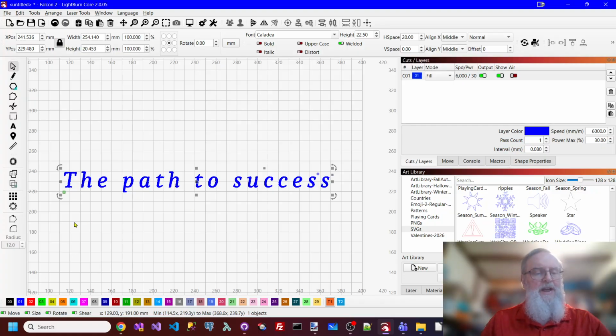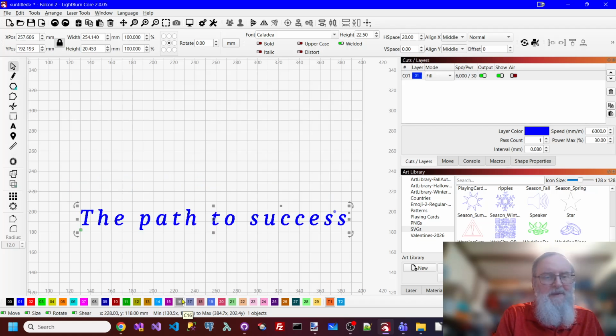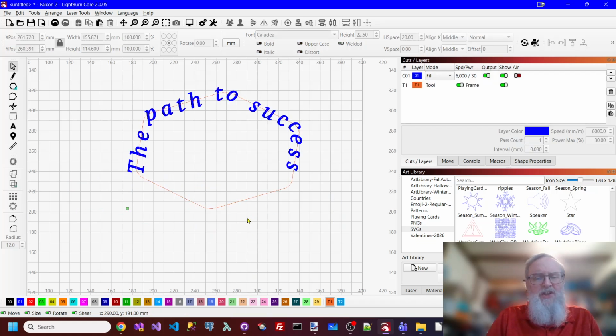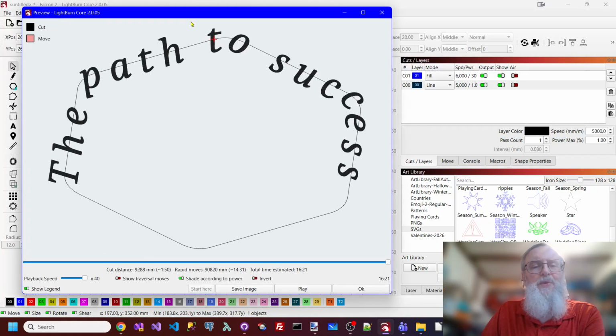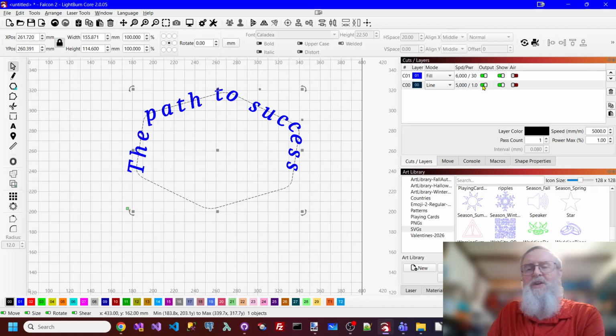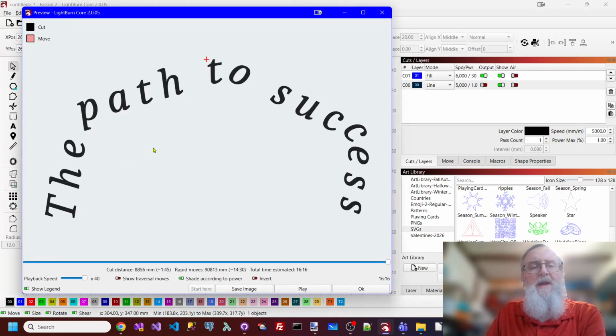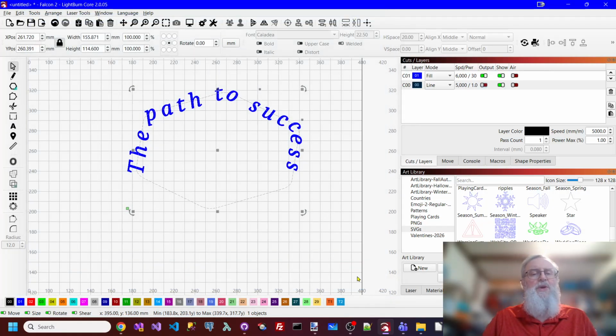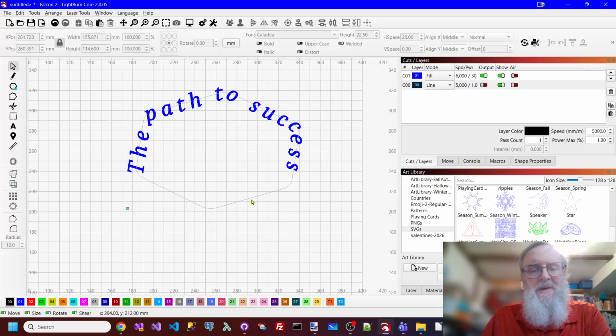You can use whatever layer you want, but just make sure when you actually get the final, if I take my shape, my path, and I put it on a black layer, when we preview it, we see the path because it's set to output, right? So if you don't want to see it, you just want to use that so you can manage it better, just turn off the, oops, not that one, turn off the black, and you get back to where you want to be. These are some little tips that you can play with. And I encourage you to experiment with different shapes, different